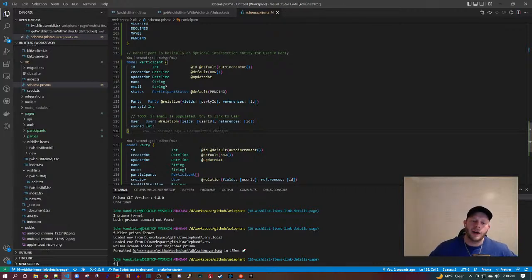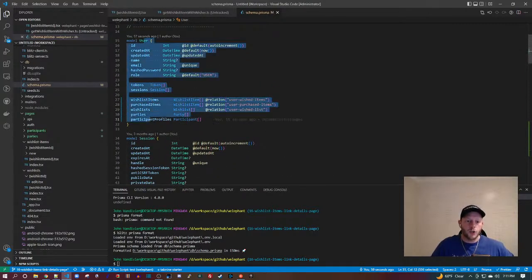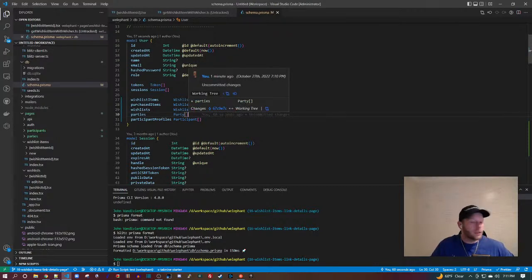Many-to-many. Let's see. Many participants go to many parties? No. Participant is not a many-to-many. A participant is a participant of a single party. If that's confusing, I could just give it a really long name. Maybe that's what I should do to make it really clear. This is like, you're a user, and you're a user who got invited to a bunch of parties. But, like, I don't know, you're only going to some of them, or something like that.